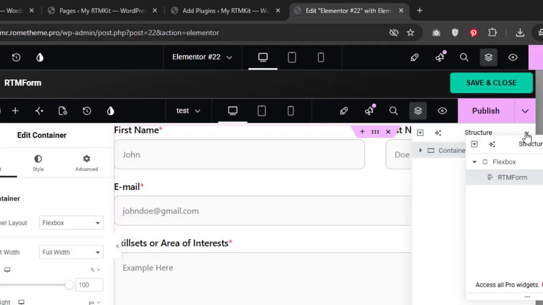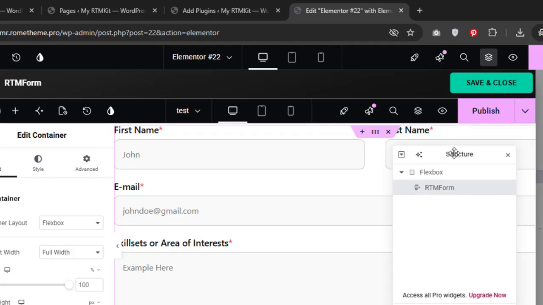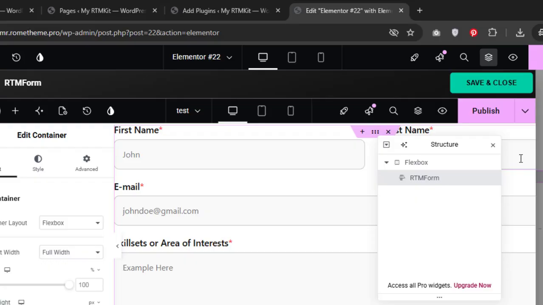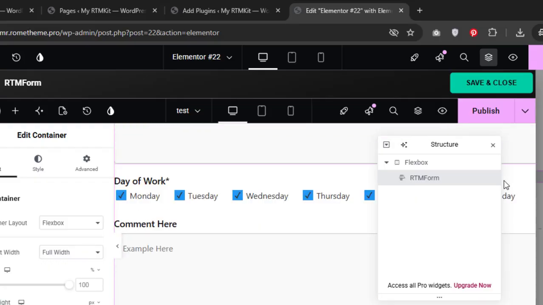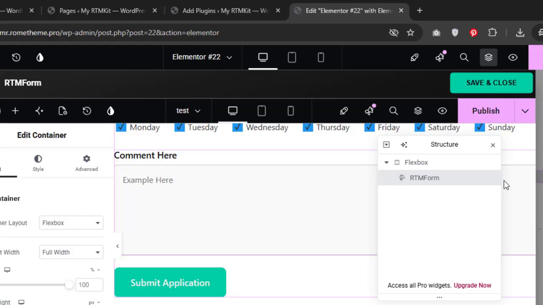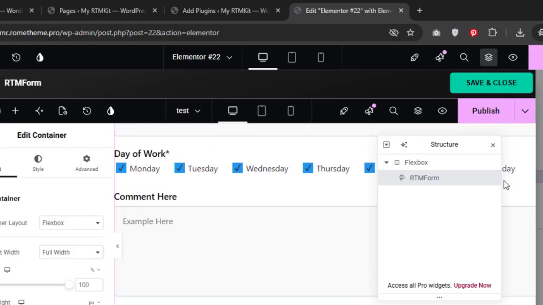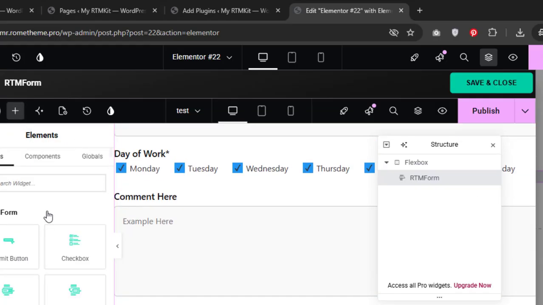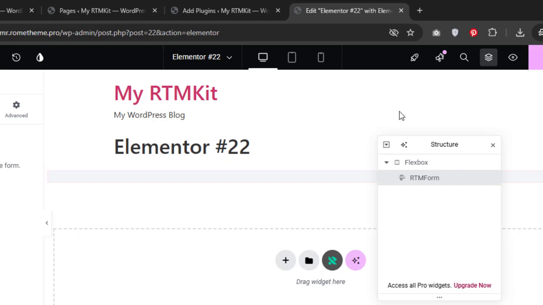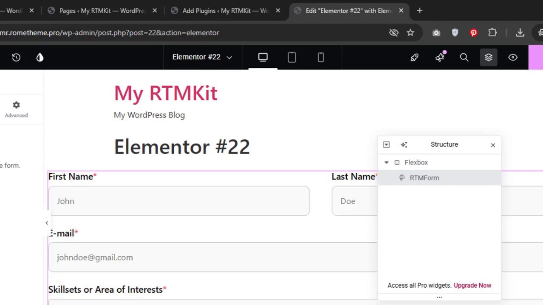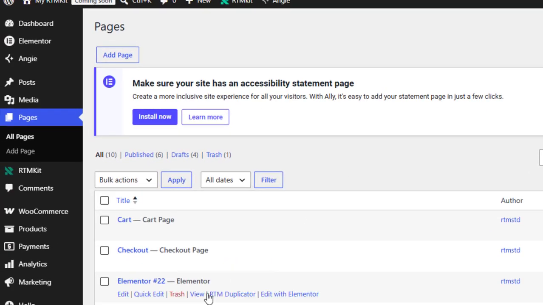If you want another box, you can just create it by yourself here. If you want another option, you can use this one, RTM form, or you can just go with this one. Save and close. After that, publish,